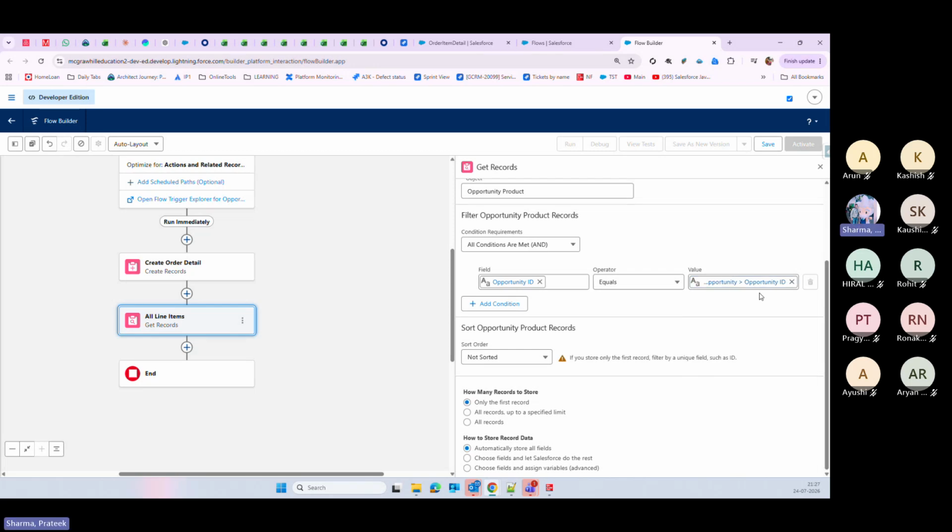Clear, everyone? And how many records? All the records related to that opportunity ID. I don't want to sort anything, and automatically store all fields. Let's let Salesforce do this stuff, right? So we got all the records related to line item, and only those that have the opportunity ID similar to the triggering flow opportunity